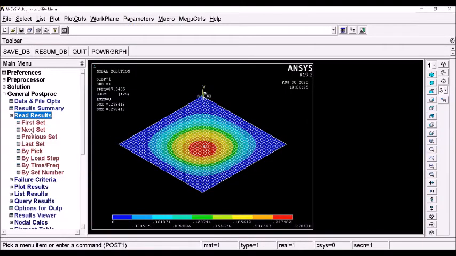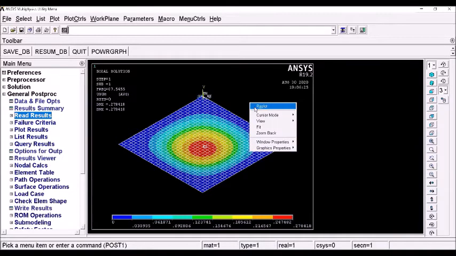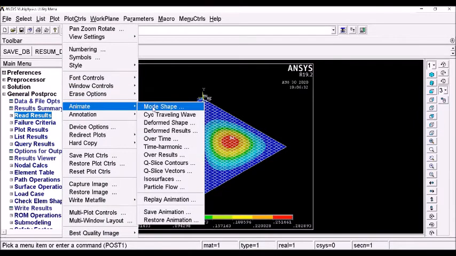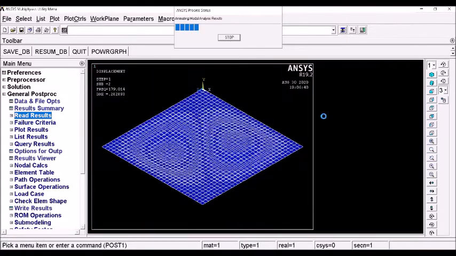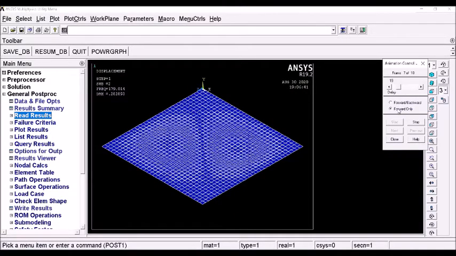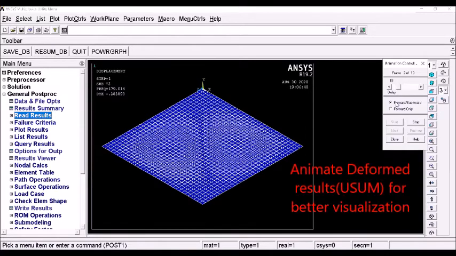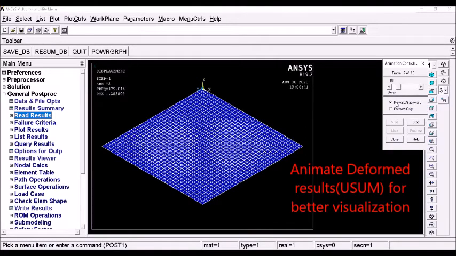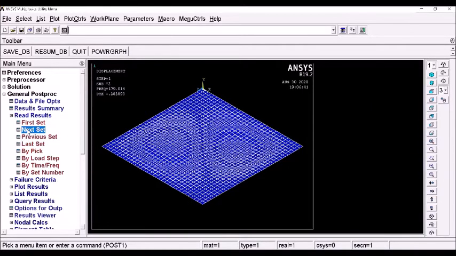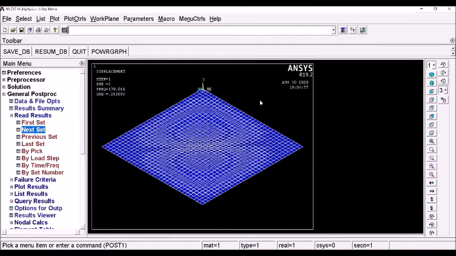Now read the next set. Read results, next set. Right click here and replot. It shows the next set of deformation or modal vibration. You can animate this also. This is called the second modal vibration. Read results, next set. I am reading the third one. Right click, replot.